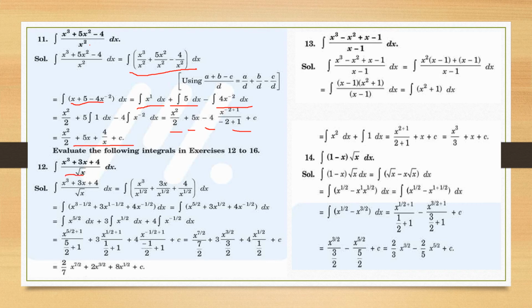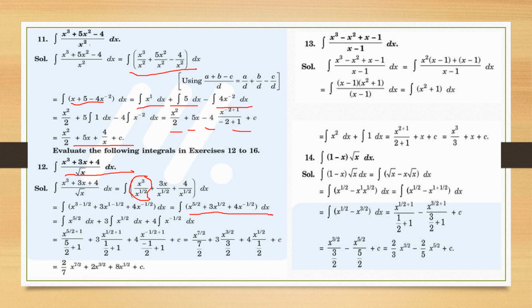Again in number 12, you have to break the numerator. So it is x cube by x half, 3x upon x half, 4 upon x half. On arrangement and opening, if the power is just x, it will be log mod. Okay, but if the power is in case it is 1 upon x, otherwise you need to take all the powers to the numerator. And here, as you know that all the x's are to be brought together, so it's better suggested to take the power to the numerator.